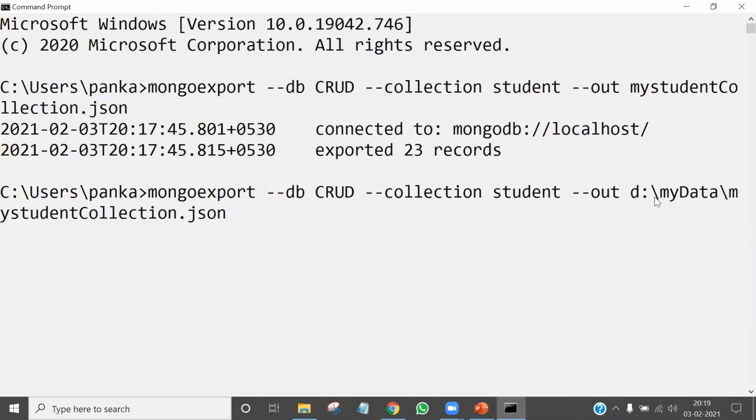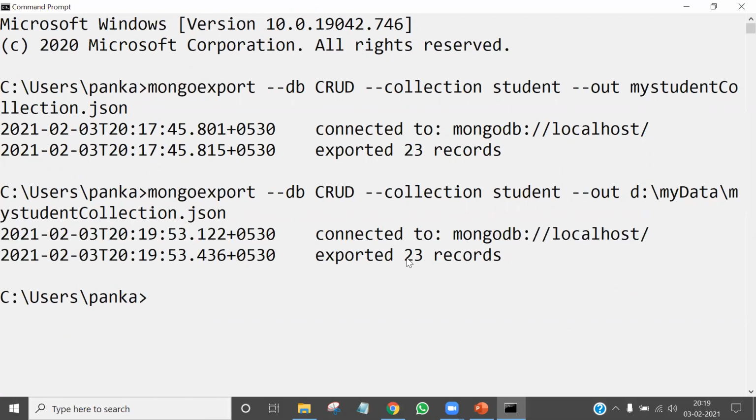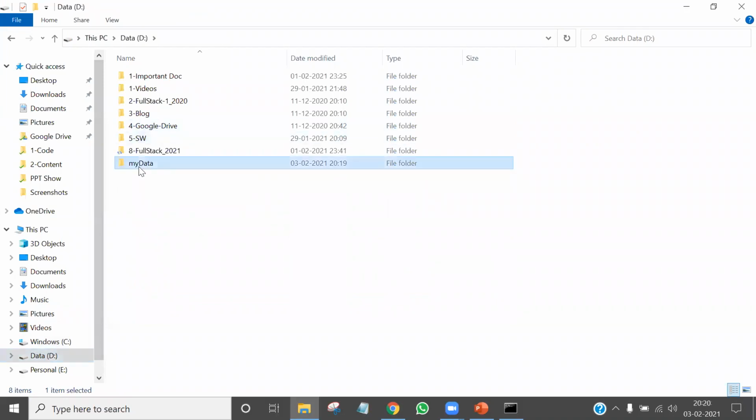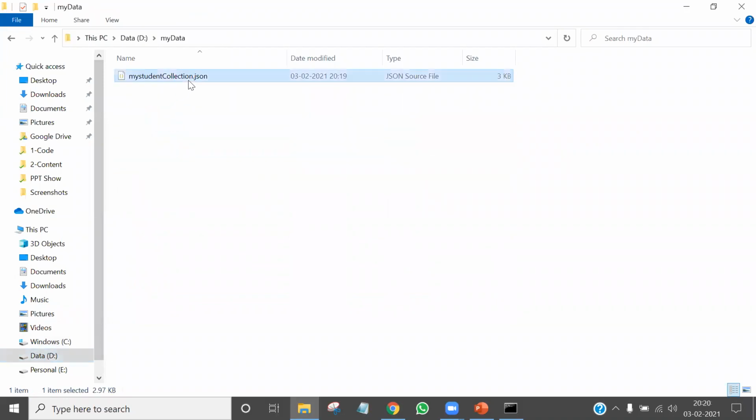Okay, so again I press the enter key. So again 23 records have been exported. I'm just going to that D folder now. I can easily find it, and there is my data, and this is the collection. So finally I exported my JSON file into my specified own folder. Okay, I think that is easy now. I can access this file, because sometimes I get very confused about where my username folder actually is. Okay, so finally I got the file.